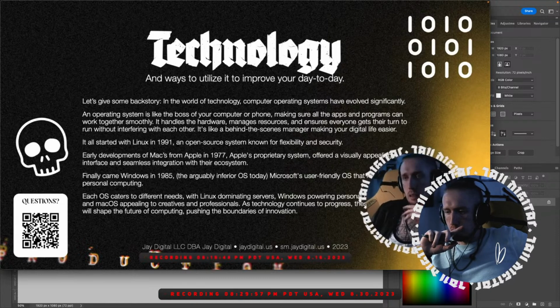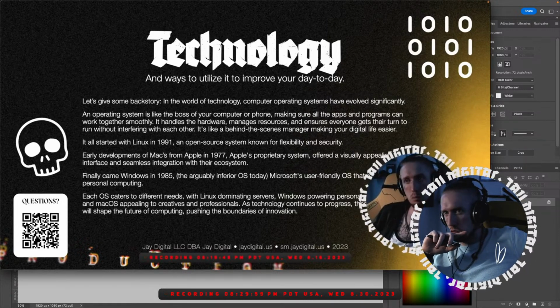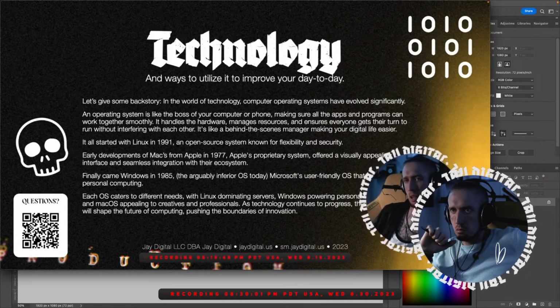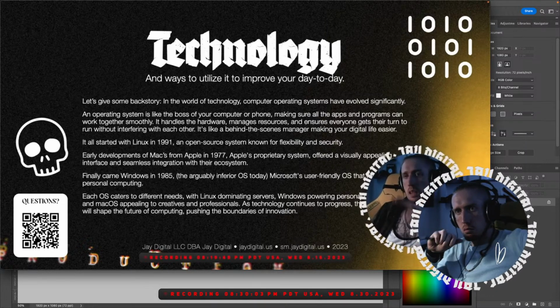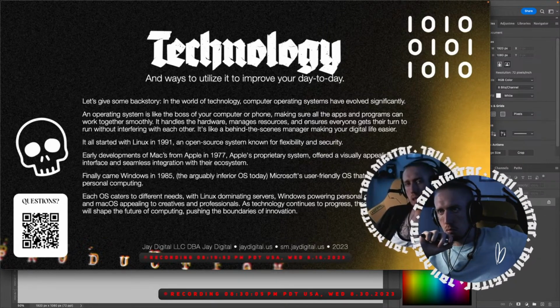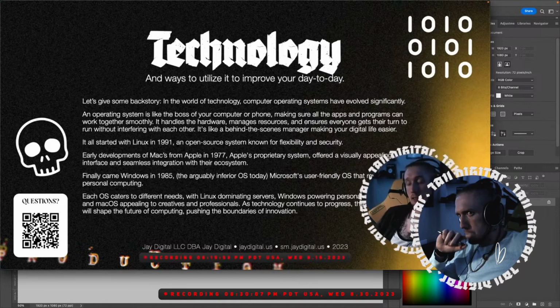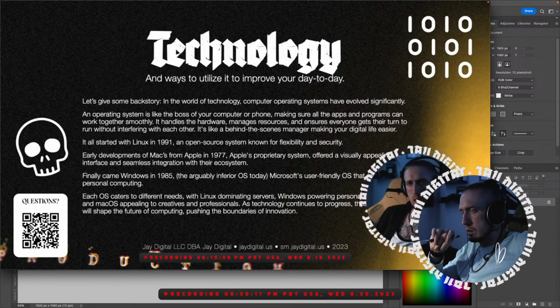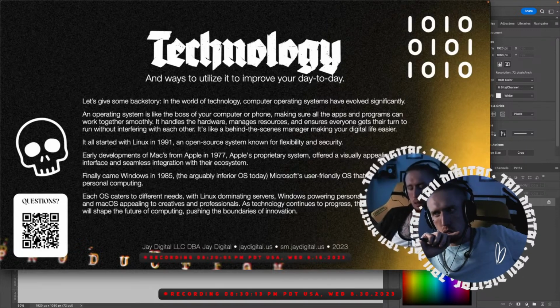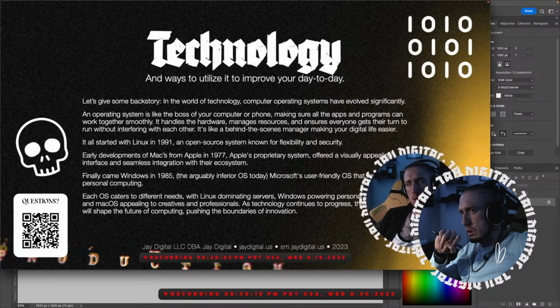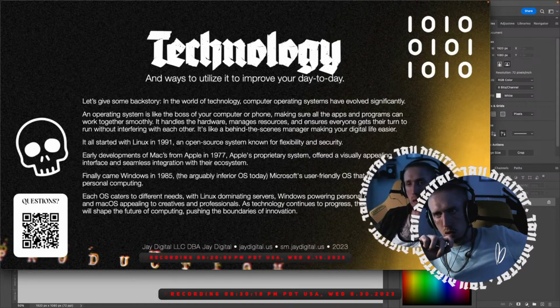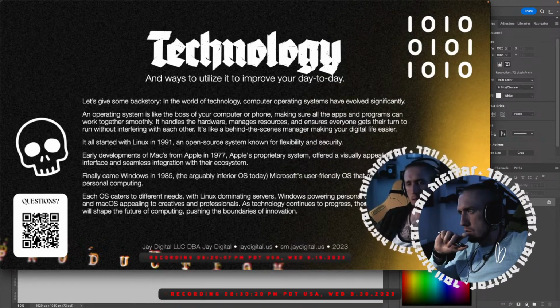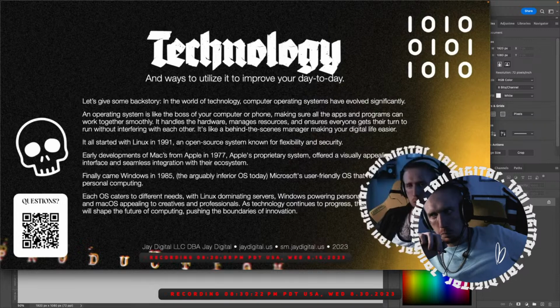It all started with Linux in 1991, an open source system known for flexibility and security. This is one that I don't think most people are going to know what it is. I've dabbled in Linux. Linux is an OS that is pure open source, and it doesn't require any cost to install or buy. You could download it right now off the web and install it onto a computer.